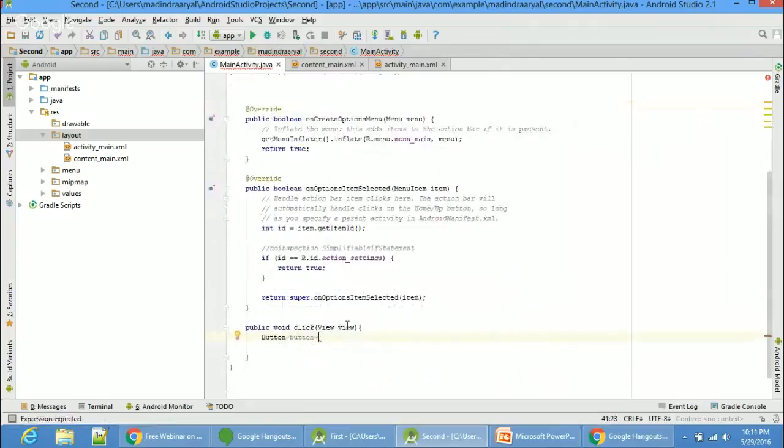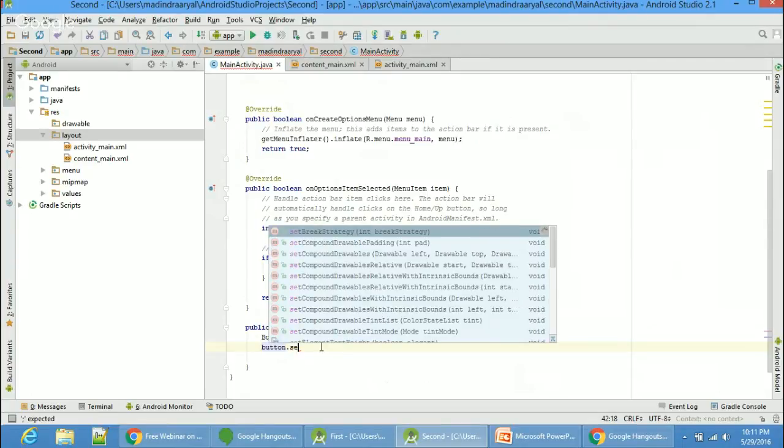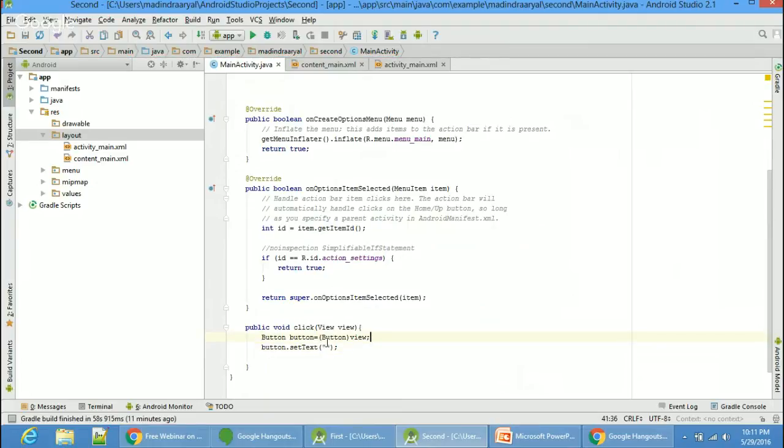What this view class does will be explained to you after the code is complete. Passing it to button. Once it is done, I'll be adding button.setText method, which will be saying to have only